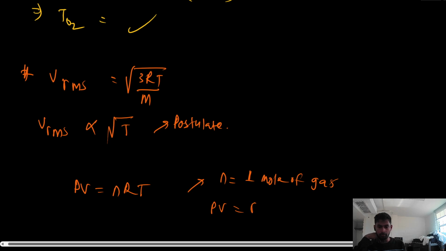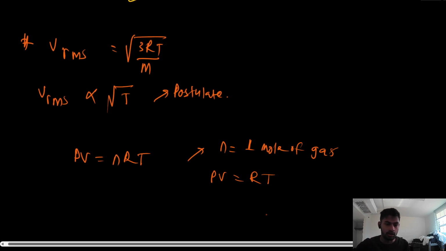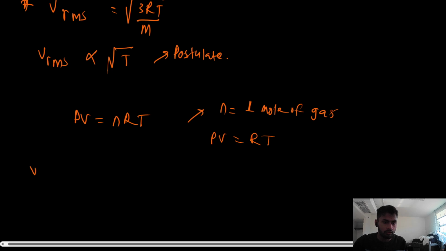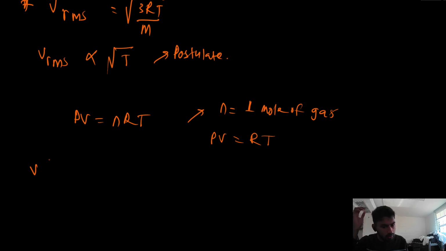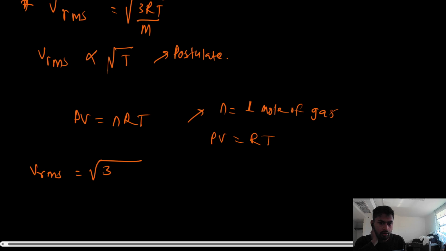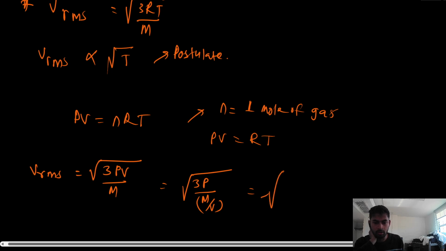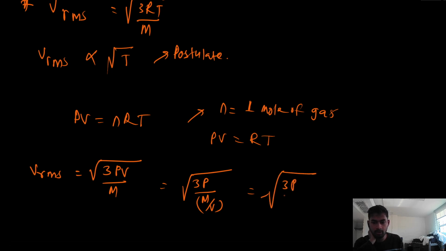So PV would be RT, and Vrms would be the square root of 3PV by M, right? Which would be 3P by M by V, right? Which is equal to 3P by